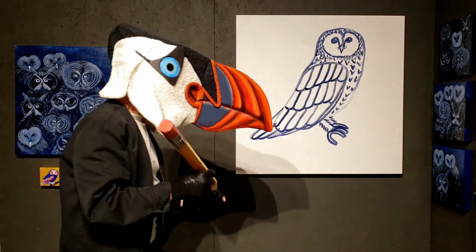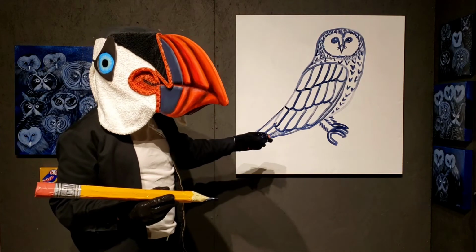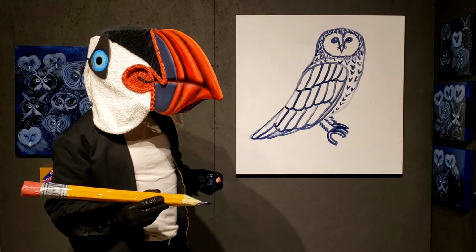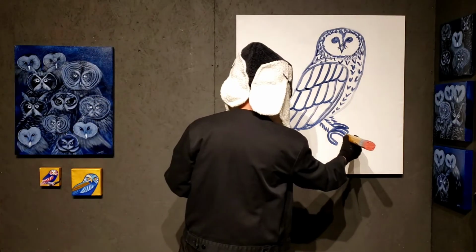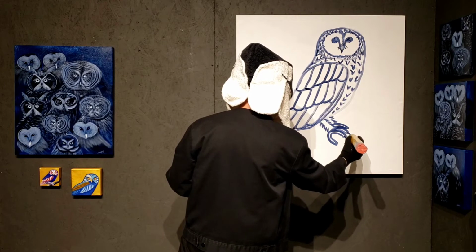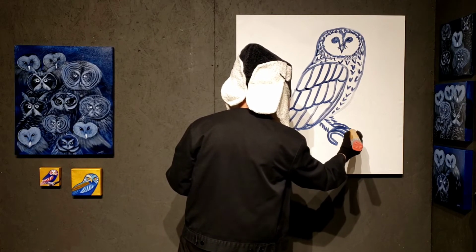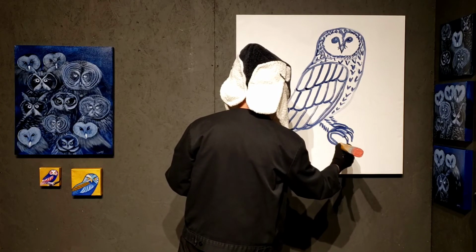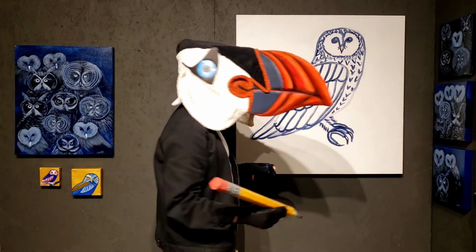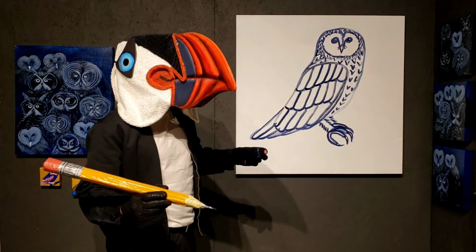Just like that. Okay, now before we draw the rest of what this barn owl is standing on, we need to show one of the things that's really neat about owls. They have really long, sharp nails. And that's so they can catch things. And that's so they can grab them. Look at that. Ooh, scary, huh? Now, what is this barn owl standing on? Well, in this case, he's on a post late at night